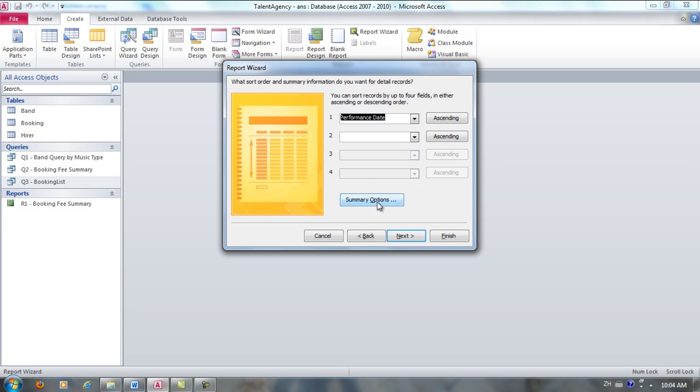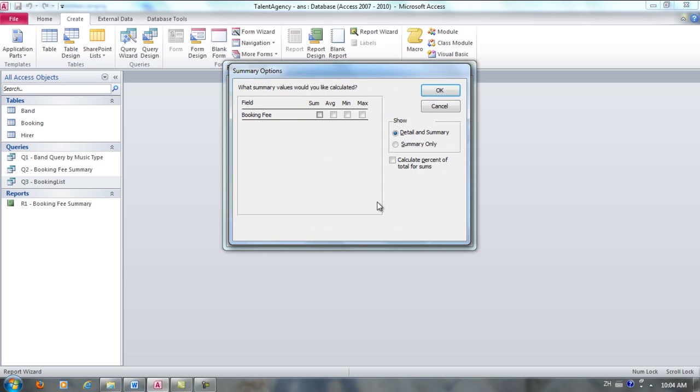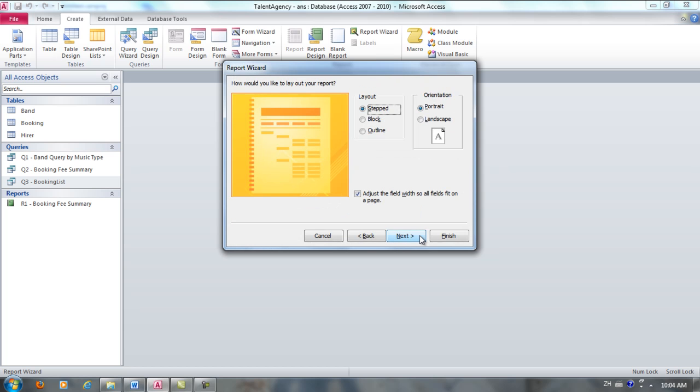Okay, we want to sum by booking fee, so we click summary options and we click sum for booking fee. So for each band, we're going to see the total booking fees they earned. Click OK. Next. For the layout, we want outline, which means that the details will be indented under the group header, which is band name, and orientation will be landscape, so there's enough room for all our fields, and click